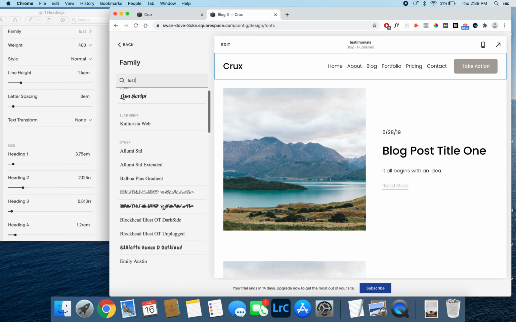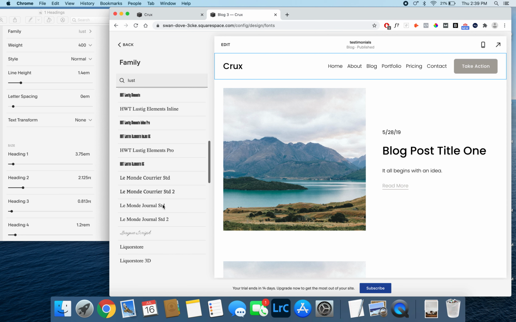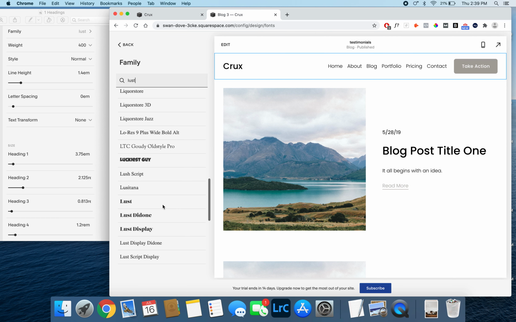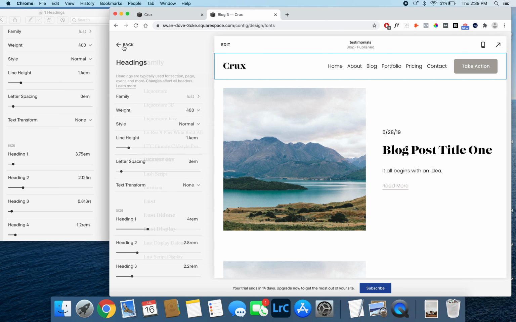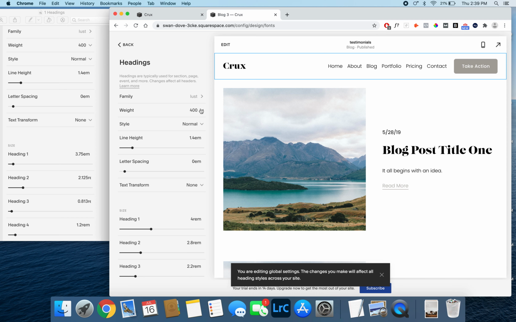Okay, so you're going to have to scroll down a bit. This one that just says Lust, that's the right one. So I'm going to do that, hit save, and go back. Okay, so font weight 400, style normal, line height 1.4 em, letter spacing 0, text transform none,